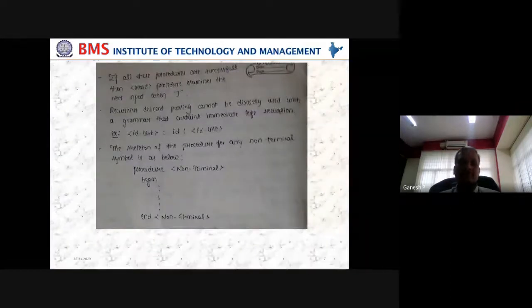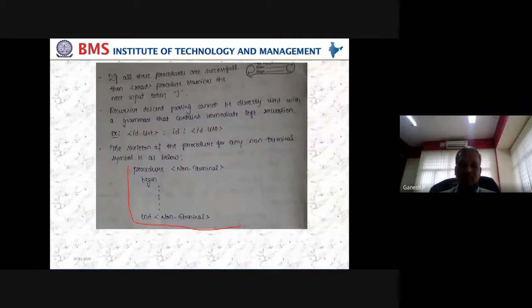Next, how do the procedures look? They might look like any procedure; probably I recently used one for a macro processor. A procedure will have its own begin and end like pseudocode, and it defines what we are going to do with this particular non-terminal symbol. This is like another program, maybe in assembly-level language or a high-level language, depending upon how our compiler is built or designed. Each non-terminal symbol will have a procedure like this.